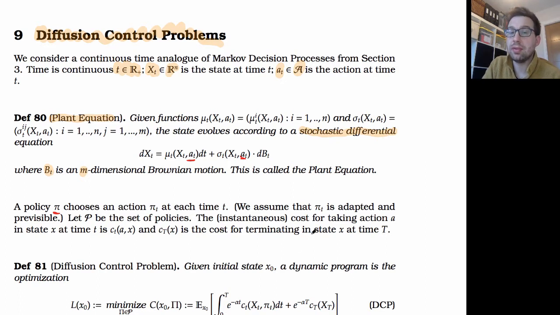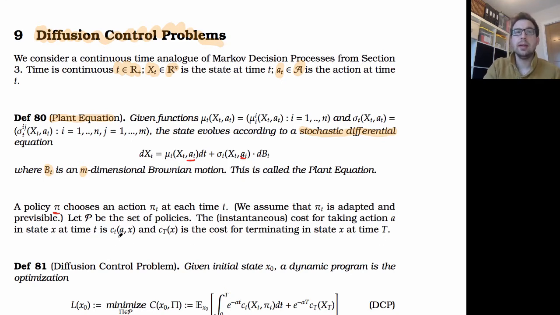There are various additional sorts of assumptions that we might want to consider to make everything nice and well posed and all the rest of it, but we're not going to go into the dotting i's and crossing t's theory of this. Okay. Now, as time evolves, there's going to be an instantaneous cost for taking an action a in state x